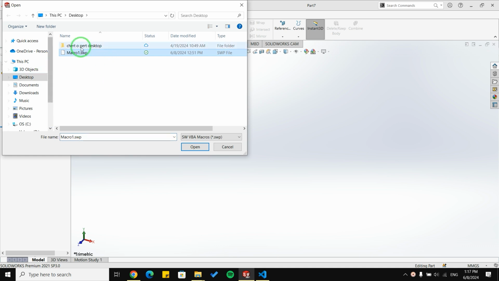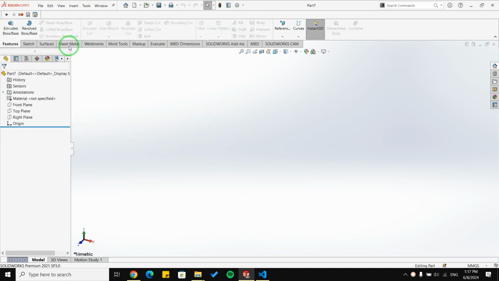For example, I have a macro here, which I can run now. Okay, we have a new macro button which creates a page for you that you can write your own code in from scratch. And we have an edit macro button that you can use to edit your previous macros.